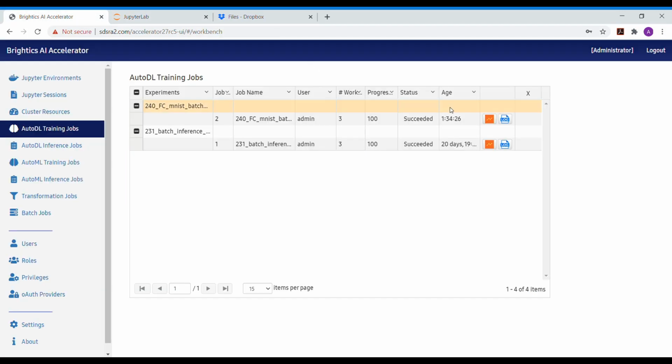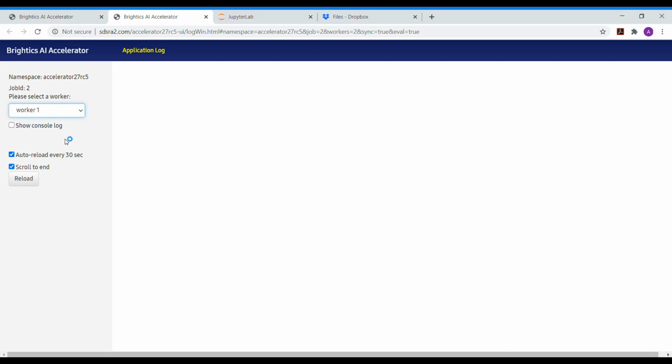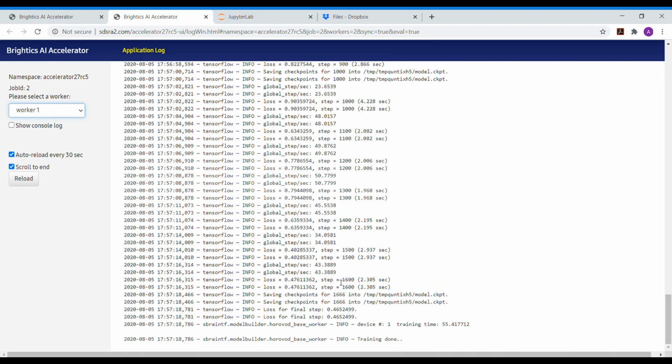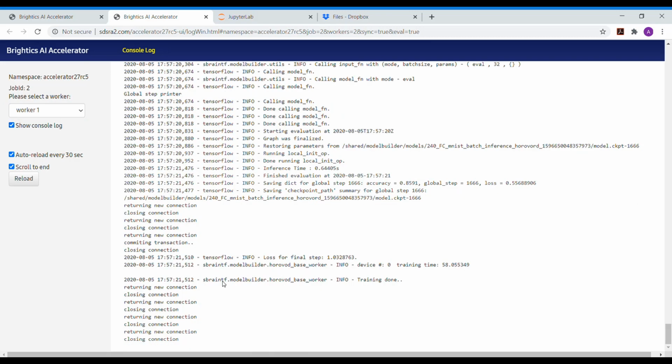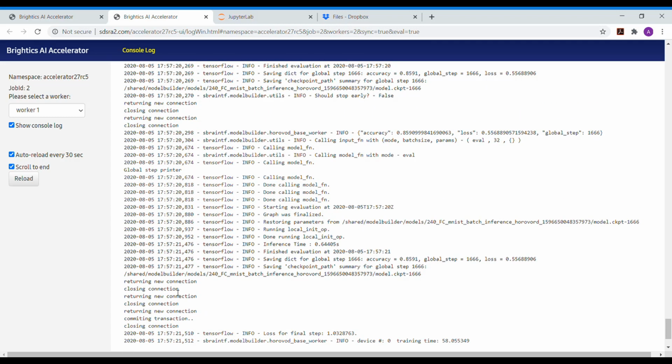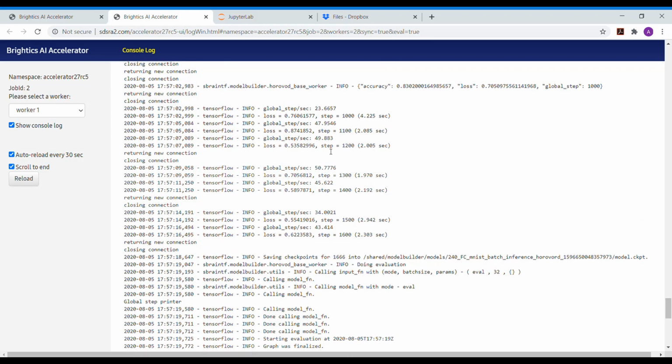And if you look at the log file, this is for evaluation, this is for workers. It shows different steps. If you want to see more details, you can look at the console log. It specifies all the steps for closing connections between different workers, and detailed steps of what it's doing with model functions and saving the accuracy. Before that it shows all the steps and the loss value in each step, when it's saving the checkpoints, and how often the reports are specified in the